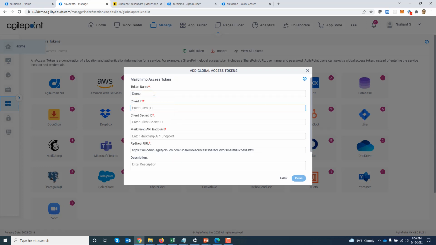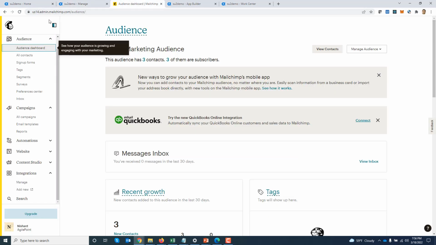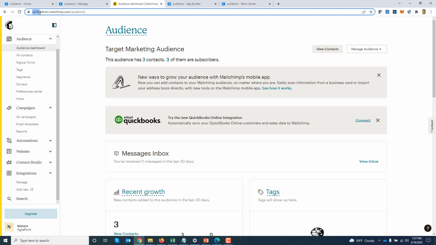Now it is going to ask me to give a token name. I'm going to give a token name over here. Next, it is going to ask me for client ID, client secret ID, and Mailchimp API endpoint. So we are going to now navigate to Mailchimp over here to get those values. Now the first thing is for the API endpoint, you can just copy the URL from here. Whatever is your data center, you can use that part. You can copy this URL